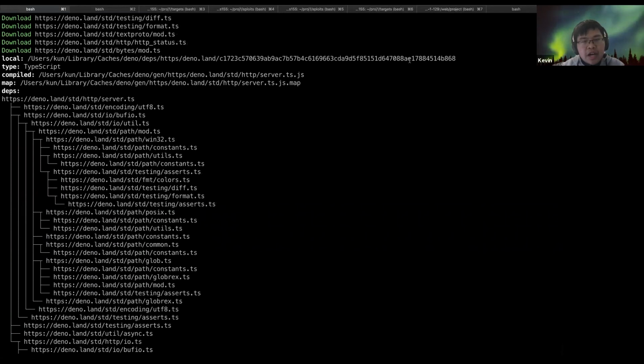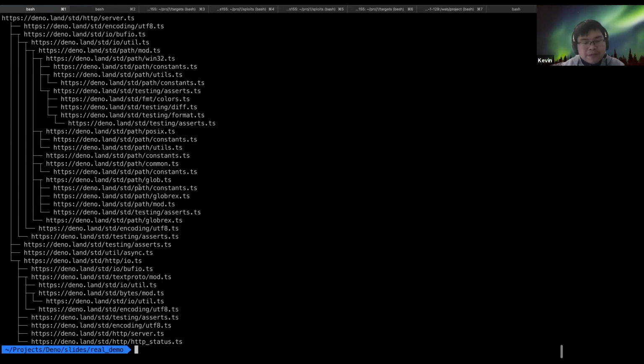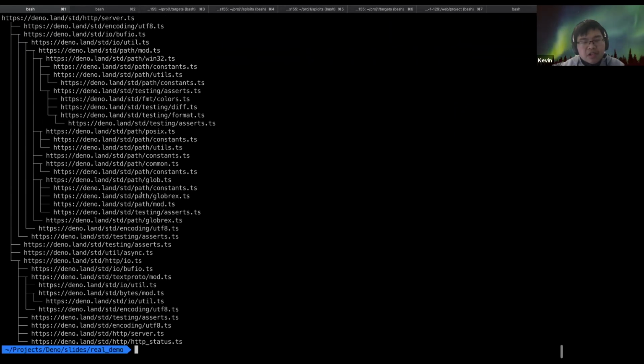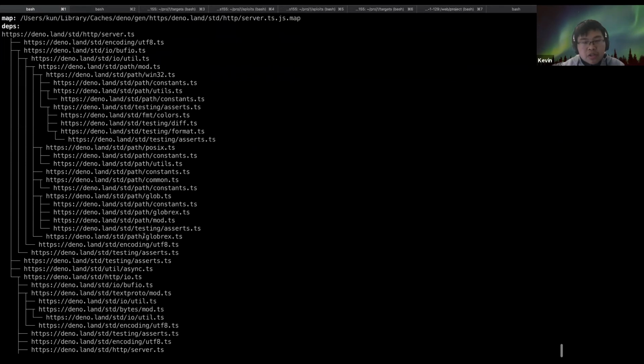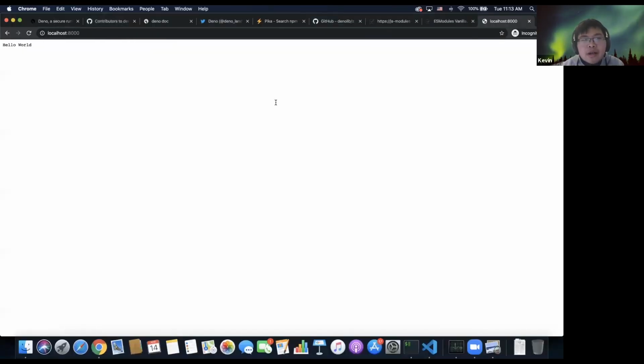And you can also see where this file is cached locally, and its compiled version and the source maps, and also the types of this file, TypeScript. So the one interesting thing about this is that it also works for scripts that are not intentionally written to be run on Deno. It can also work for scripts that are expected to be imported in the browser context. So I think I have a URL somewhere which can be interesting. Yeah, for example,